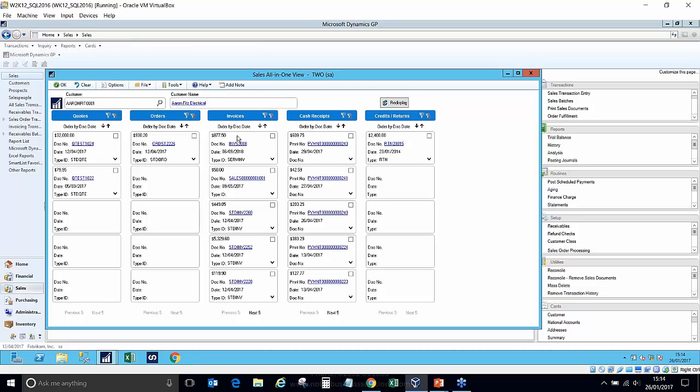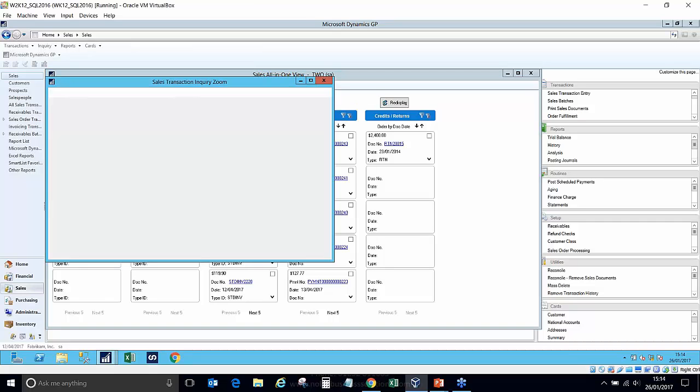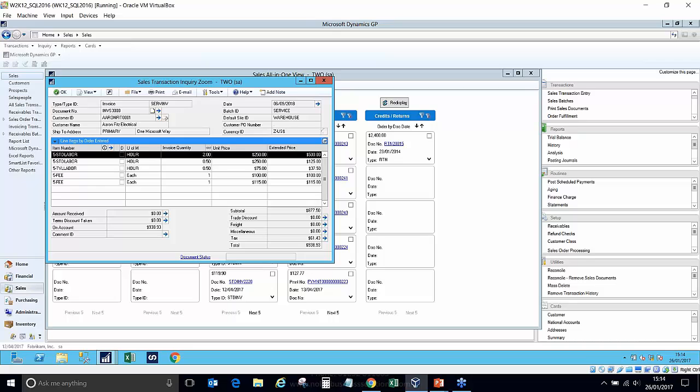Right, okay. Say I want to look at this invoice. I can actually click here on the underline and it will take me then into the information about that particular invoice line by line. And the other useful feature that I wanted to show you whilst I'm in here, while I'm in these all-in-one views, is the fact that we do have a new feature that came out in the R2, and this is this little arrow by the tax. And if I click on that,